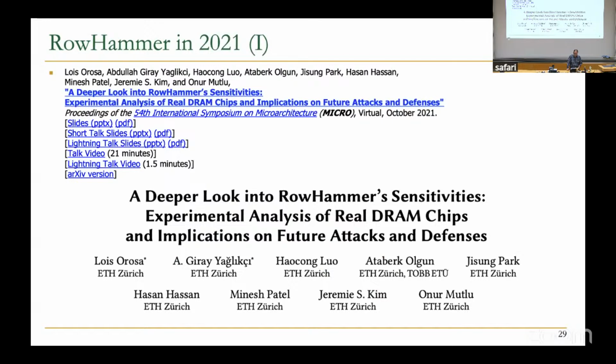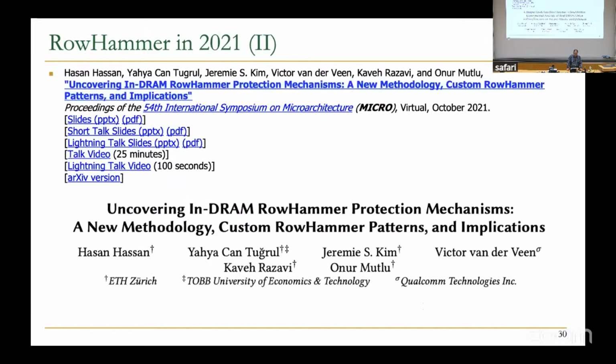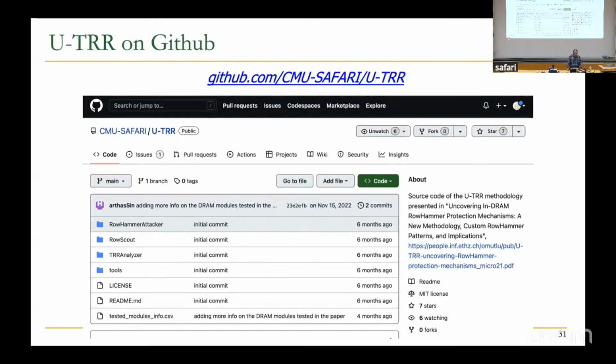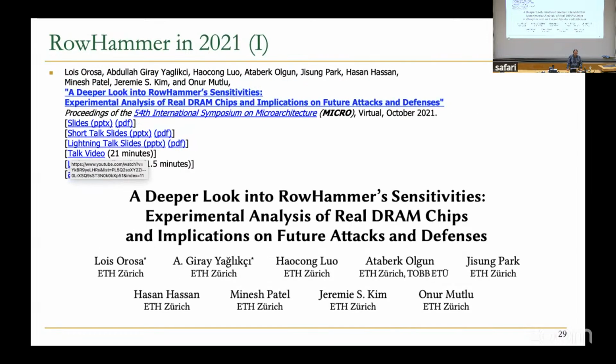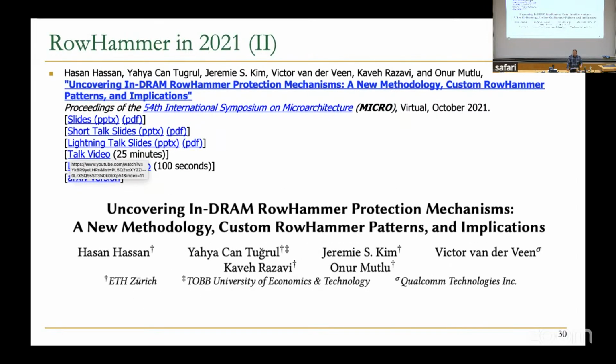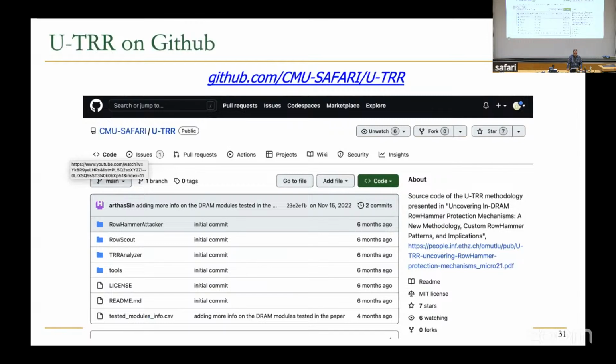But basically, we use our system to have a much deeper look into RowHammer and uncover a lot of things about it, as well as one of the techniques that industry provided, which they claimed solved the RowHammer problem. But later on, with this work and other works, we show that this is not the case. So essentially, you can use this kind of DRAM infrastructure to do a lot of studies.